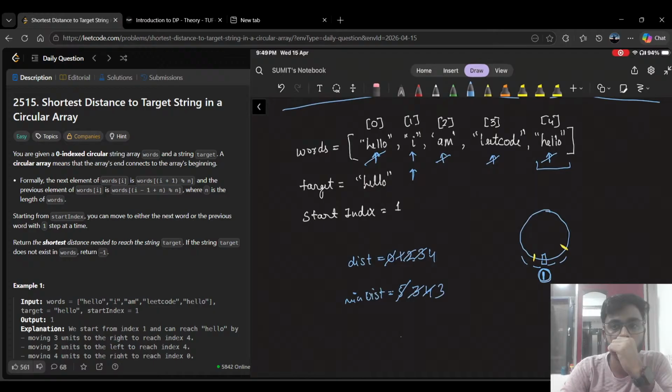No, start index minus, sorry, start index plus 1, modulo. Okay, int n is equal to words dot size, and